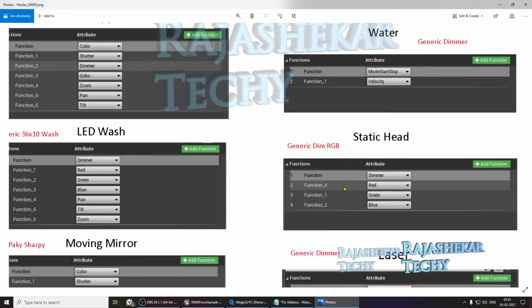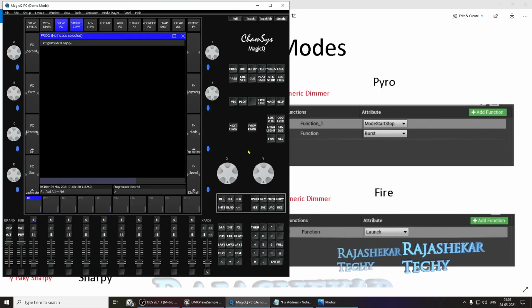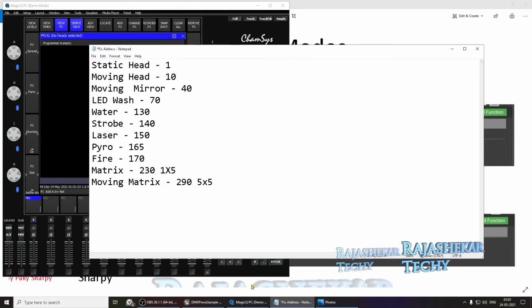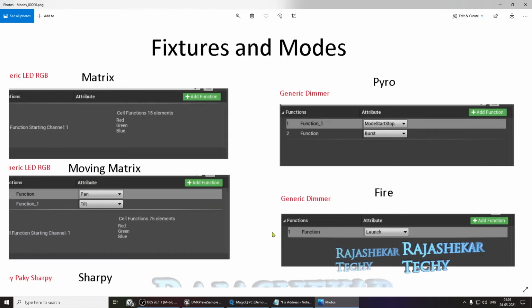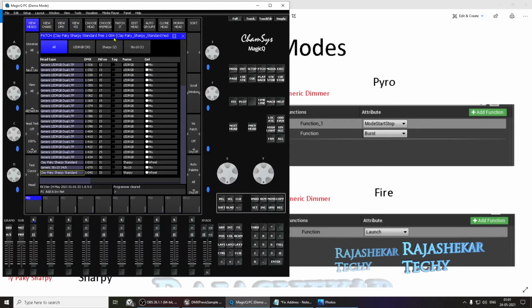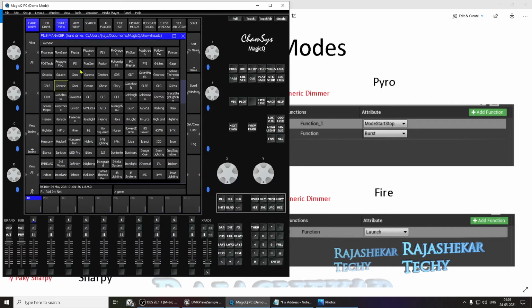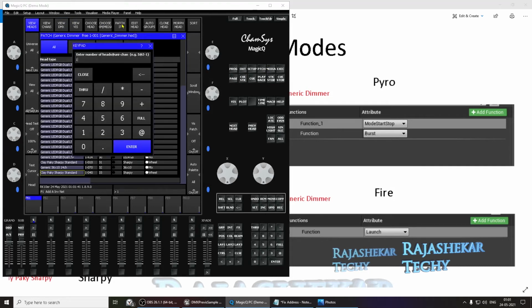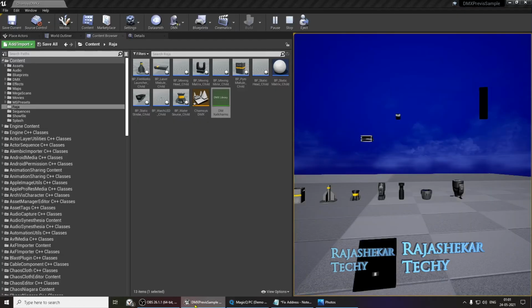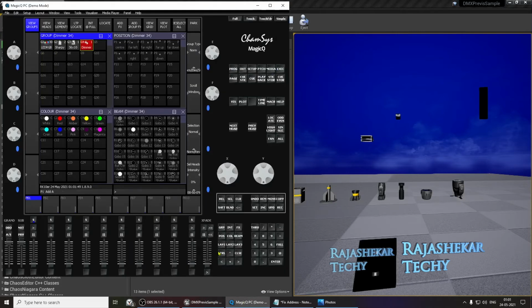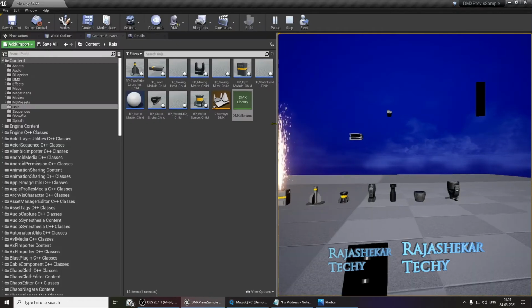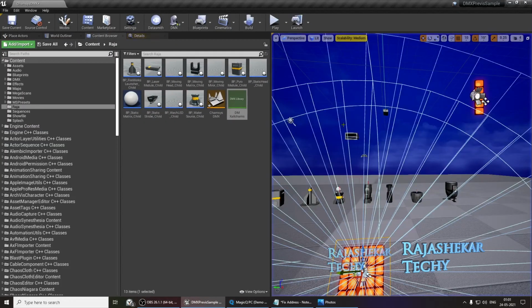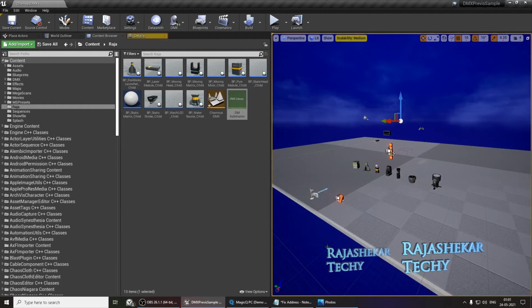The next one would be Pyro. So Pyro is on address number 165. For Pyro, you can add generic dimmer to control it. So patch, choose head, generic, and dimmer number 1. Patch it, one number at 165. Enter, and then go to layout. Let's test it out. Select the dimmer and full. The Pyro is up. Let's slightly adjust the window. Slightly move the first player position.